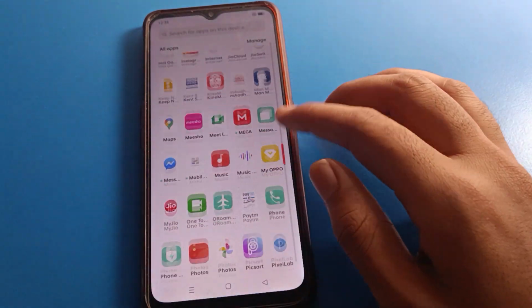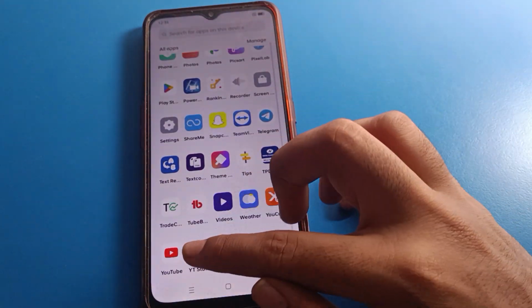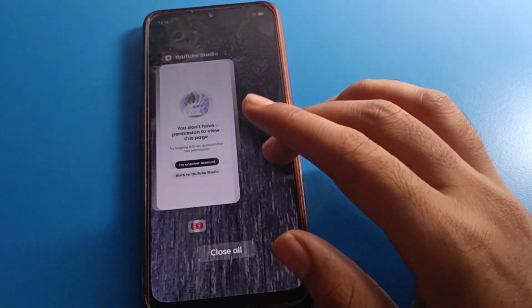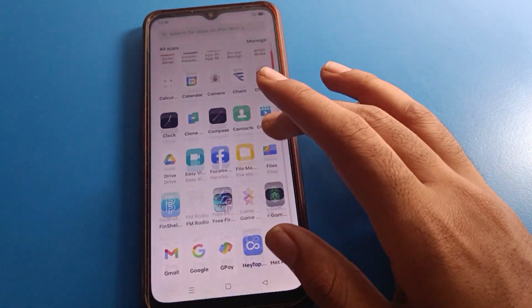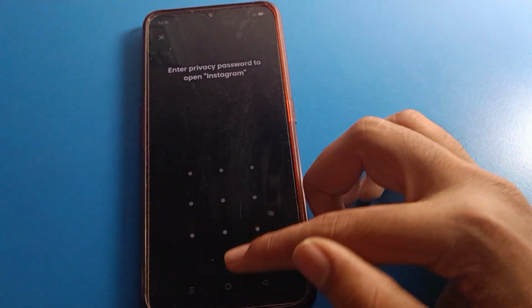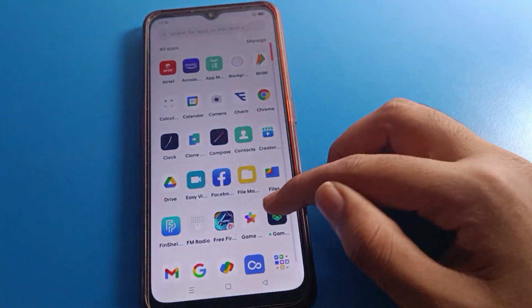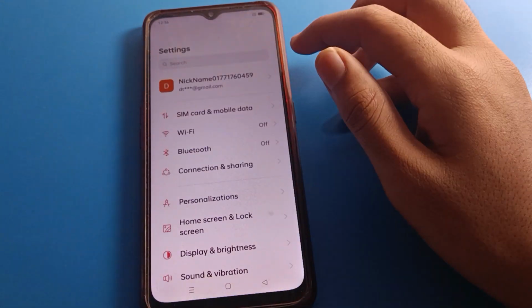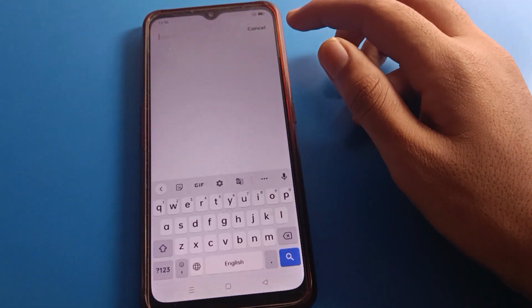And friends, you can check this app is unlocked, the YT Studio app is unlocked, because I didn't lock the YT Studio app. And you can check the Instagram app is locked, Telegram app is locked, file app, Gmail app and Google app are locked. And friends, if you want to unlock an app, open your phone search option and then